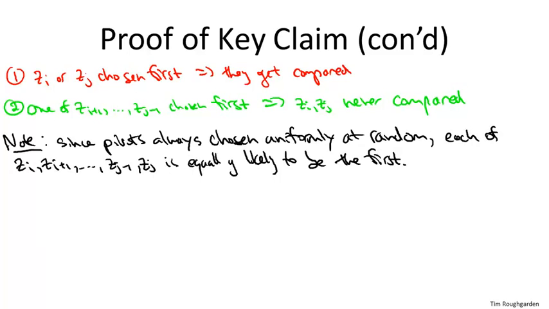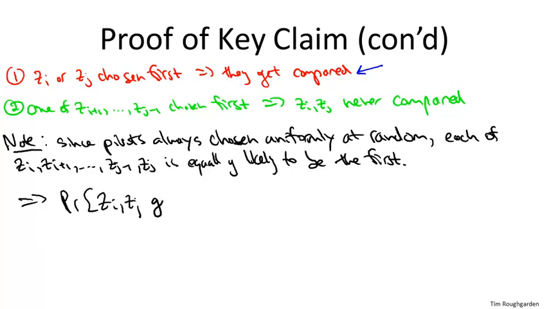Now we're talking about a set of j minus i plus 1 elements, each of whom is equally likely to be asked to serve first as a pivot element. And the bad case, the case that leads to a comparison, has two different possibilities: if z_i or z_j is first. The other j minus i minus 1 outcomes lead to the good case where z_i and z_j never get compared. So overall, because everybody's equally likely to be the first pivot,